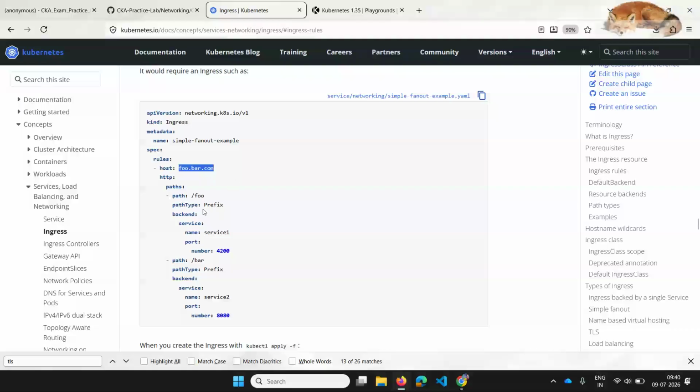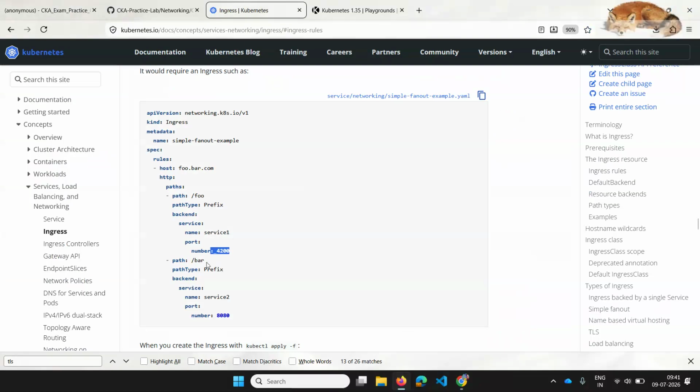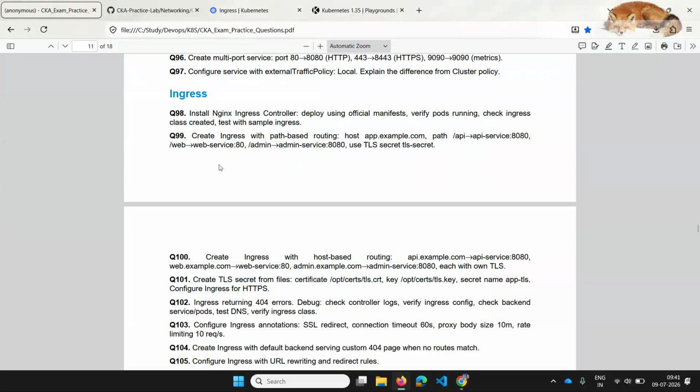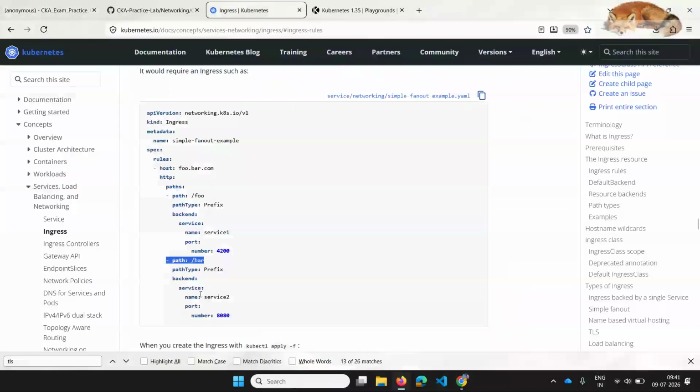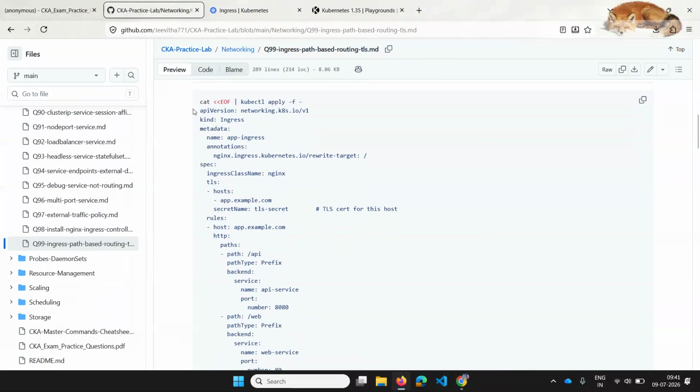So I can write here the service name as API service, and the port number, that particular service uses 8080, so I can use that same thing. Similarly, there is a way to add one more path, which is /web, and similarly I will create another one like that. I have edited. Now you can create this.